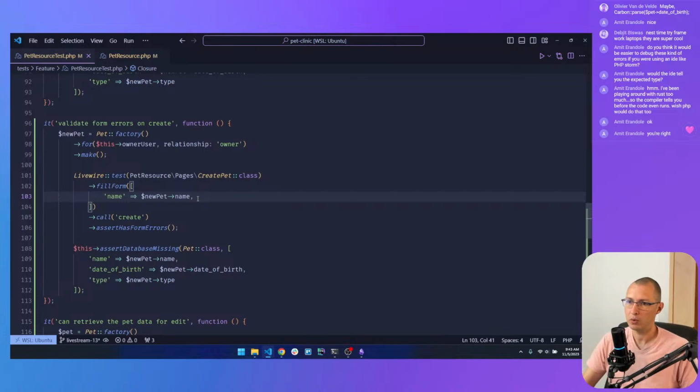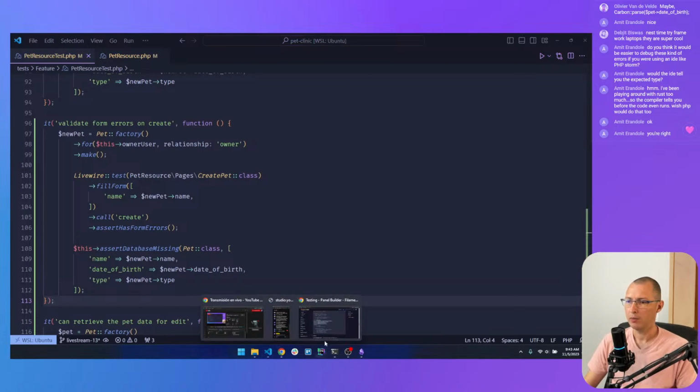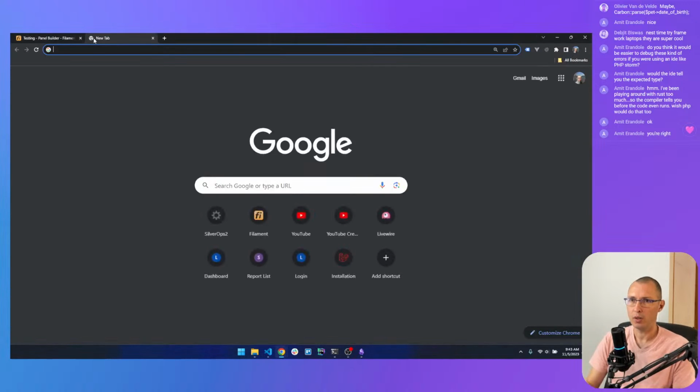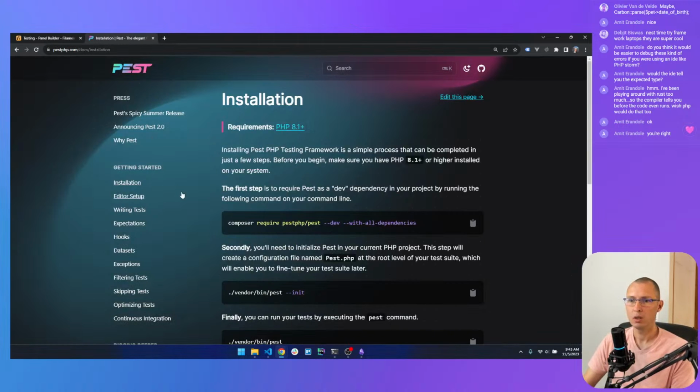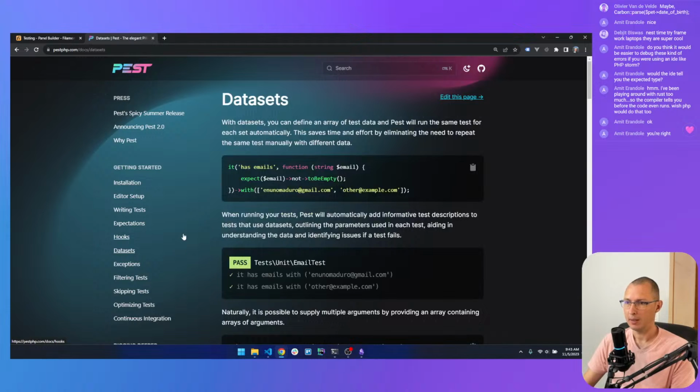I also want to make sure that the name is required, and not passing it in will cause a validation error. So I forget how datasets work. So let's go to the Pest documentation and look at datasets.